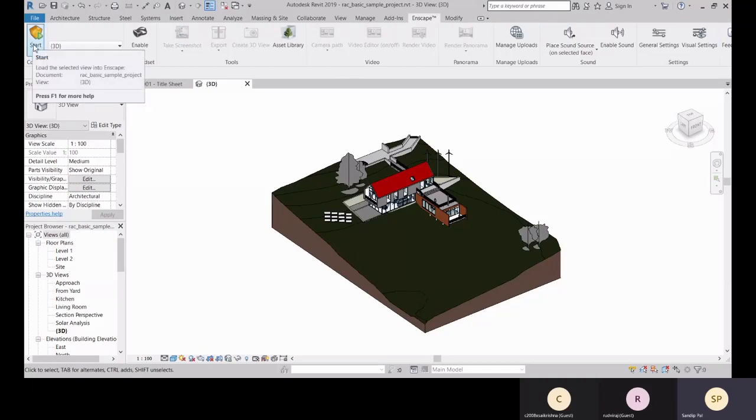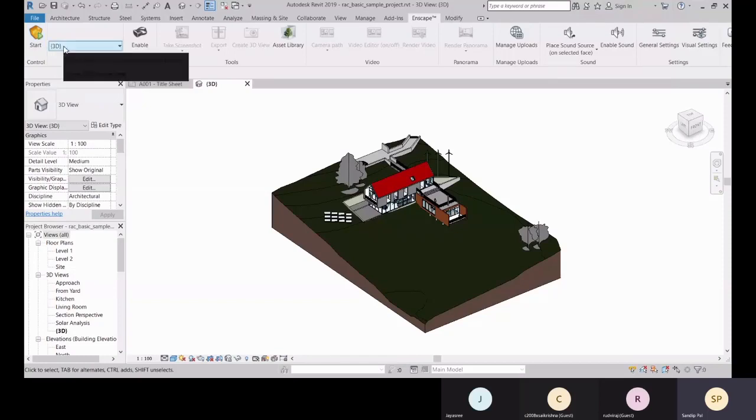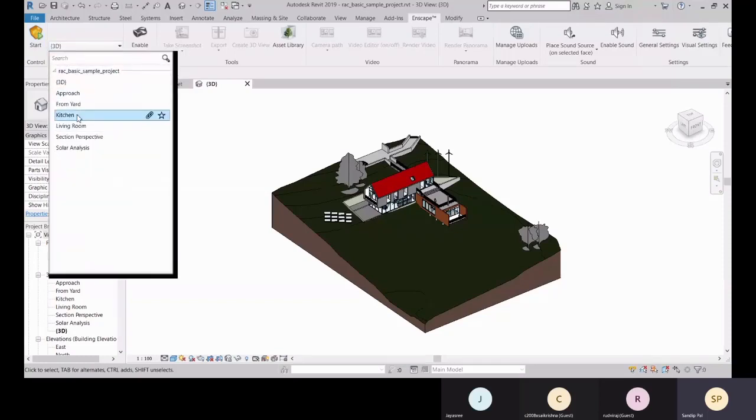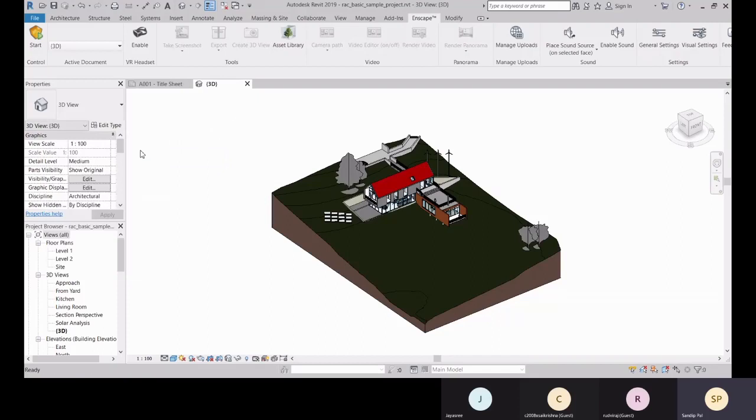This start button is there to switch into Enscape mode from your Revit project. If you click on it, you can set which view you want to access in Enscape. If you have any VR headset, you can enable it, connect it, and have that experience. Currently we do not have it.